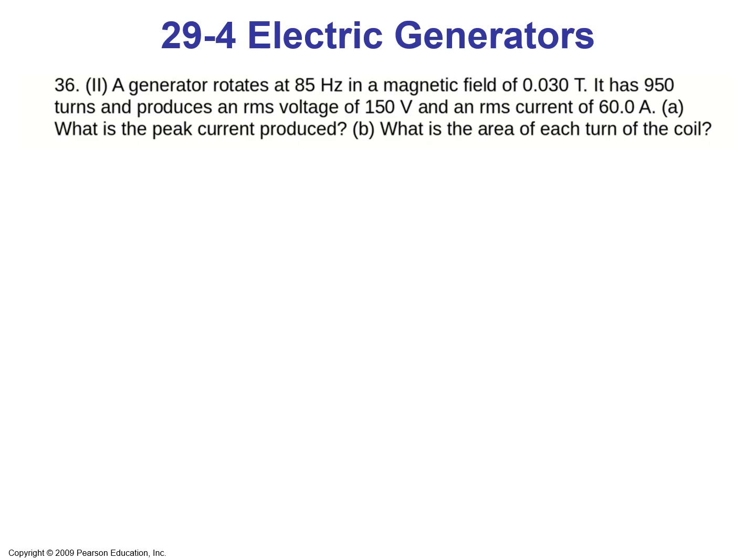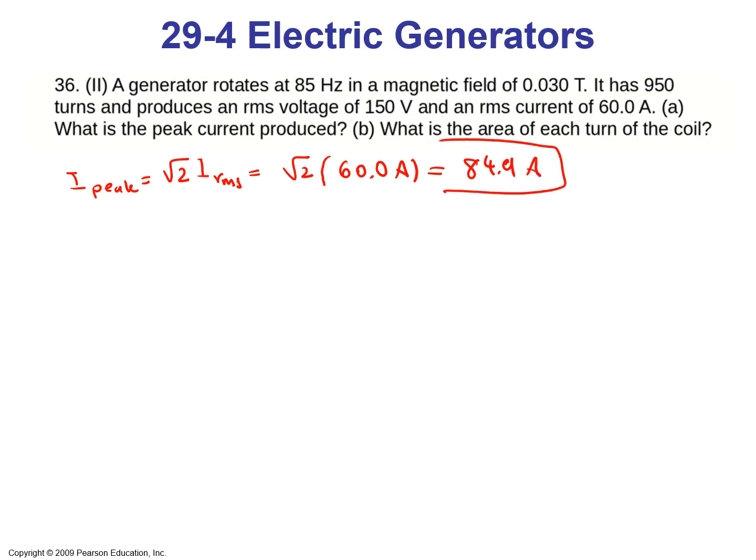So for part A, the peak current is found from the RMS current. Peak current is the square root of 2 multiplied by the RMS current. It's equal to root 2 times 60 amps, and that gives us 84.9 amps. Part B